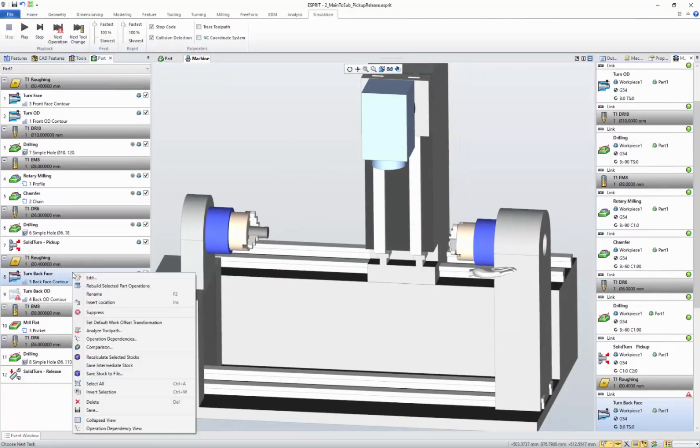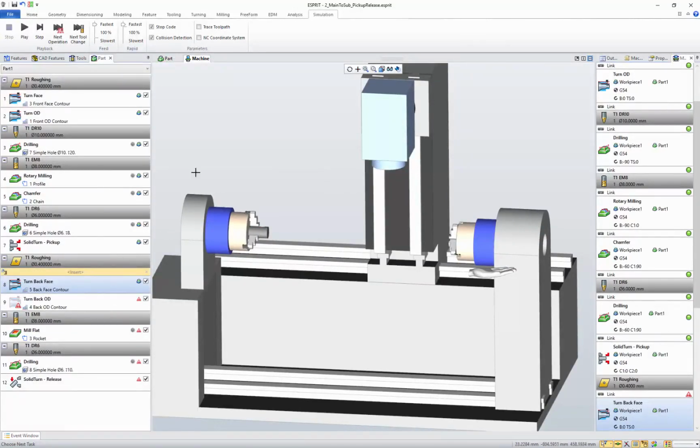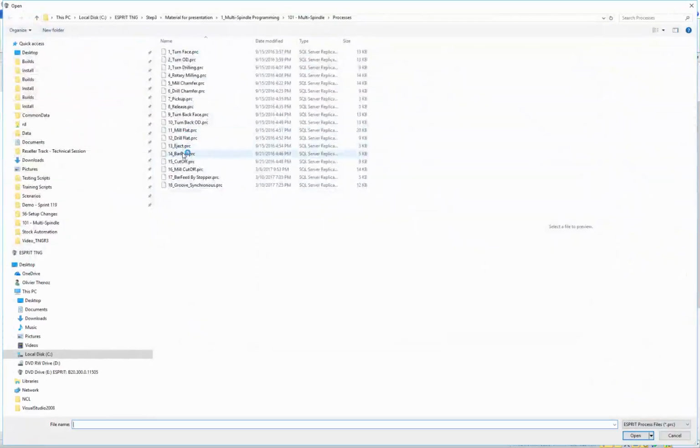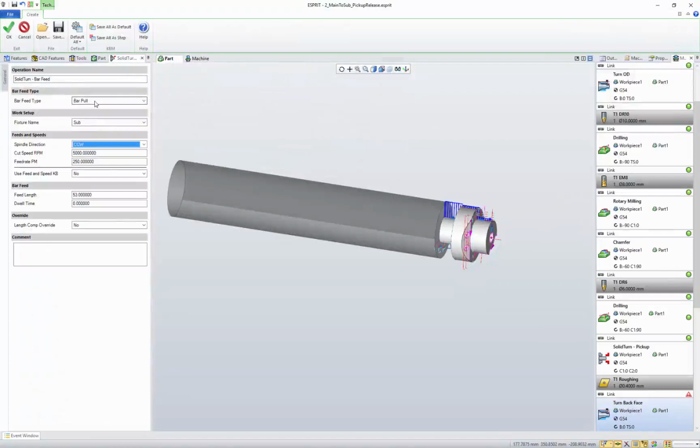So instead of the pickup, I'm going to set an insert location right after the pickup, and I'm inserting a new operation which is going to be a bar feed operation. Bar feed, that is going to be a bar pull by the sub spindle.